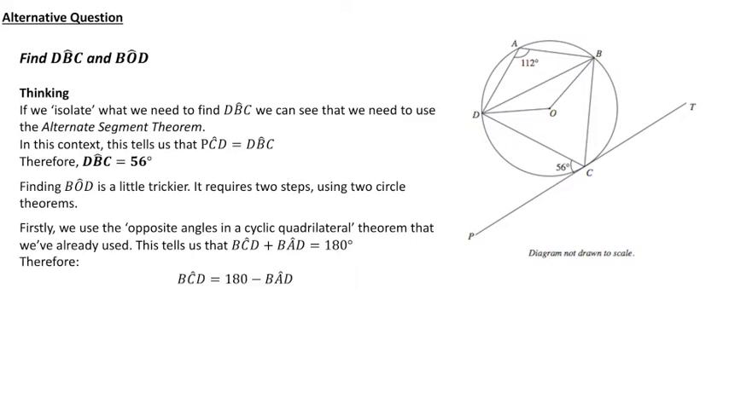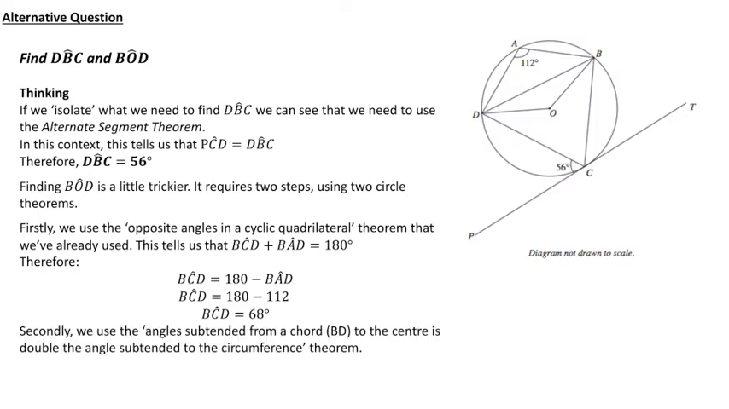So that means we have BCD is 180 take away BAD, that means it's 180 take away 112, and that gives us 68 degrees. So we now know what BCD is, and the second circle theorem we need to use